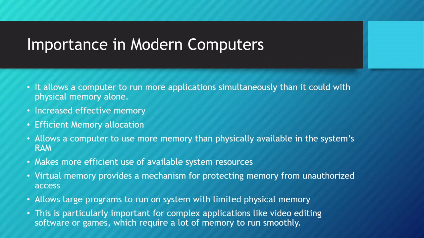Importance in modern computers: it allows computers to run more applications simultaneously than they could with physical memory alone. Increase effective memory, efficient memory allocation: it allows the computer to use more memory than physically available in the system's RAM, and make more efficient use of available system resources. Virtual memory provides a mechanism for protecting memory from unauthorized access, and allows large programs to run on systems with limited physical memory. This is particularly important for complex applications like video editing software or games, which require a lot of memory to run smoothly,